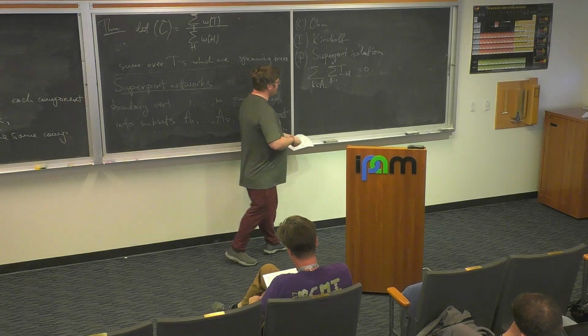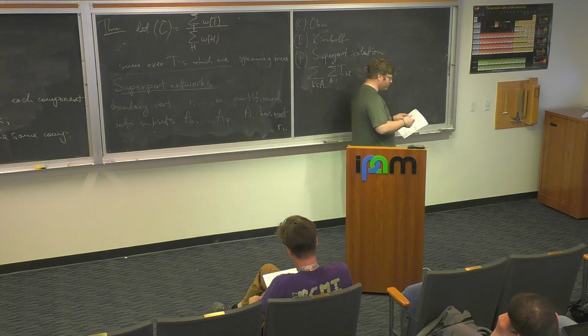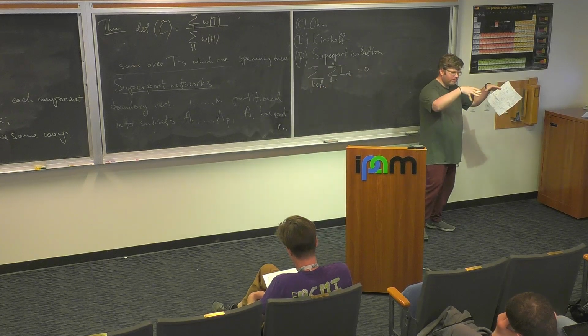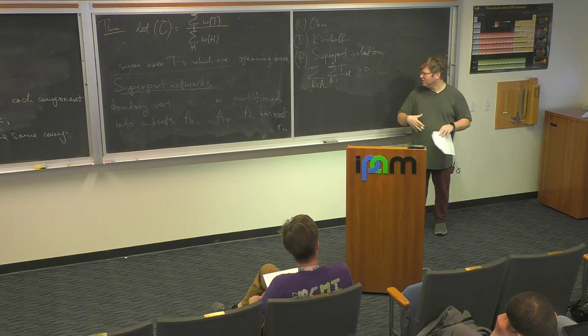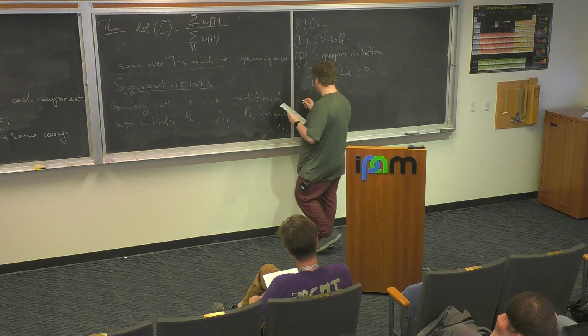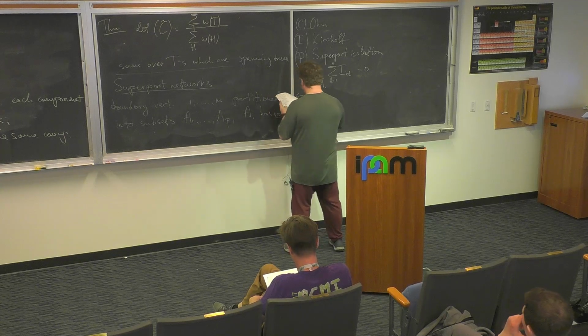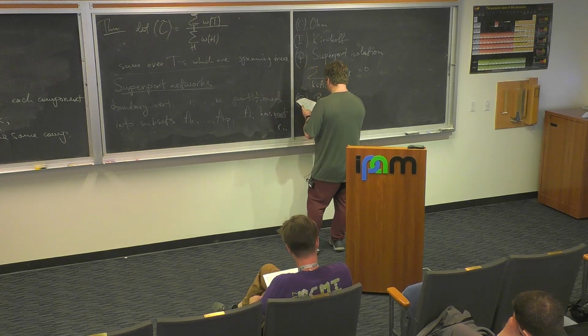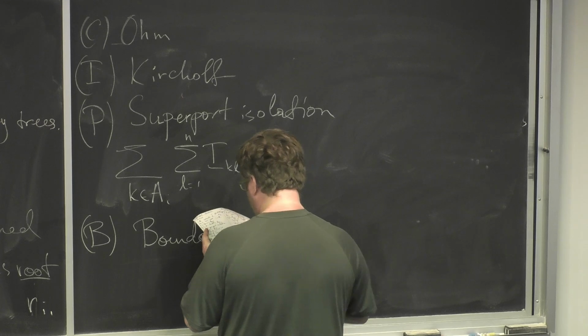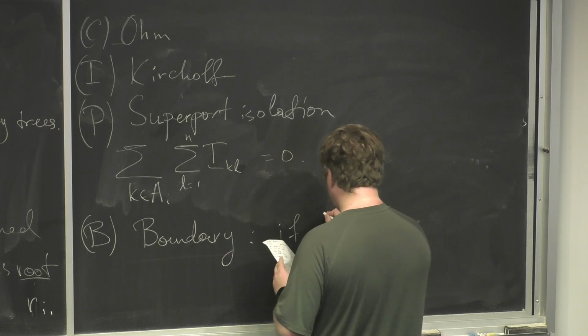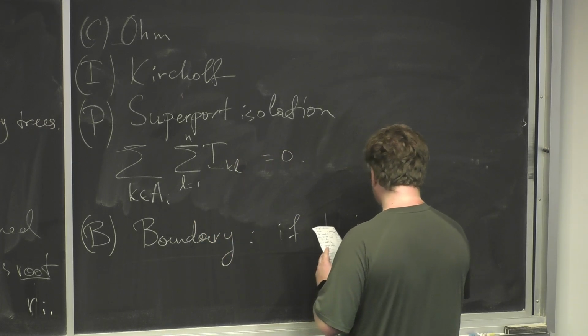So the next one is just, previously I told you that we will know the potentials on the boundary, and it will tell us everything else. Everything else will be forced or not. So what's the analog of this here? We will tell the system the boundary conditions as follows. If K is boundary vertex,